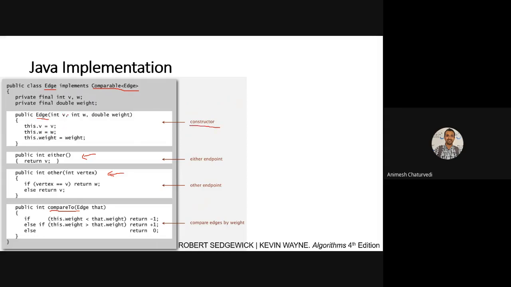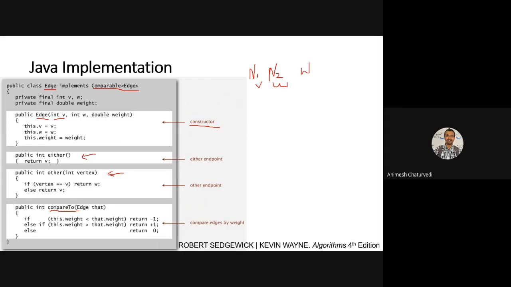Whenever this class is called, it will ask for vertex v, means vertex 1 should be there, the second node u should be there, and here it is given w, the weight between them.